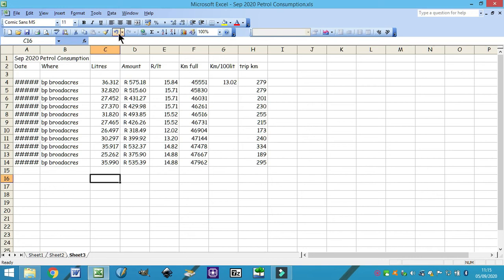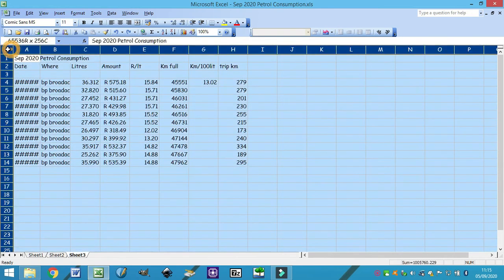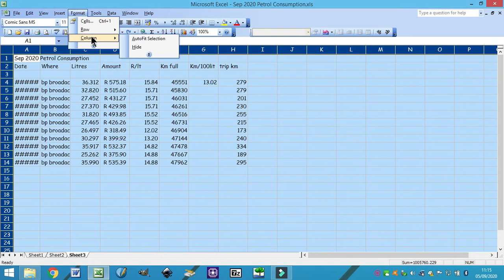The other alternative is to sort out all of the columns in one click. And that's what we do. We click on that item right in the top left hand corner of the grid, and it now highlights the whole of the grid. I then go to Format and go to Column, and you will see an item which says Auto Fit Selection. If I select that, it will auto fit all of those columns to the correct width,